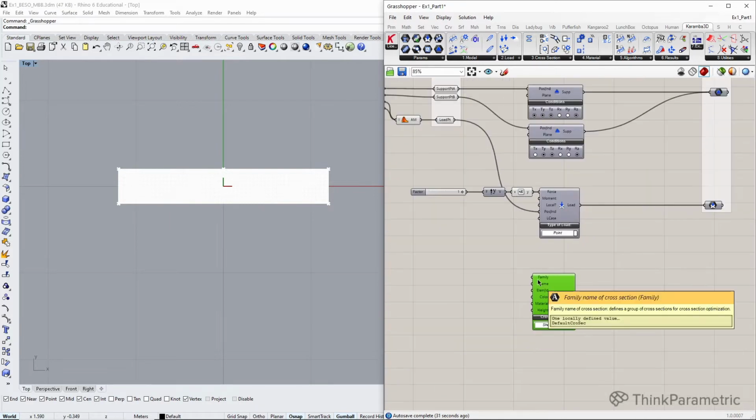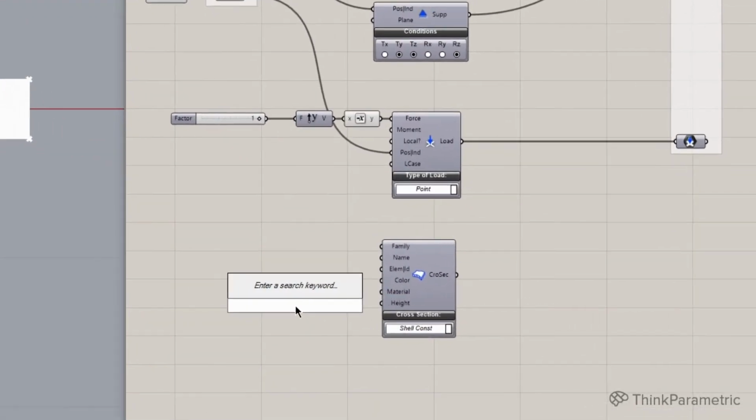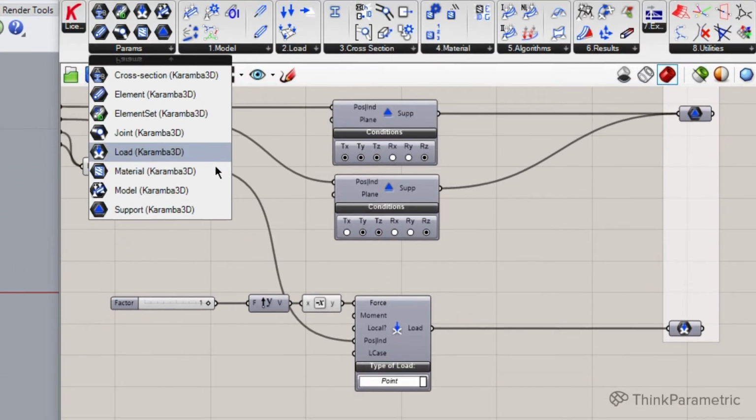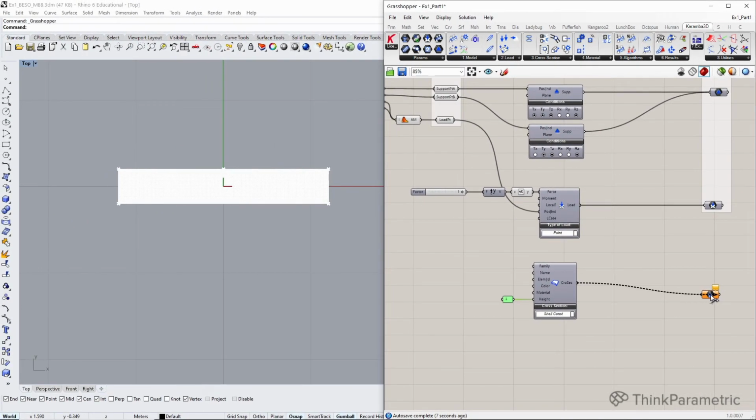So basically it's for shells with constant cross-section, and for height we just use 1 centimeter, again referring to our case study exercise. And again, I will create our param and add it to the group.